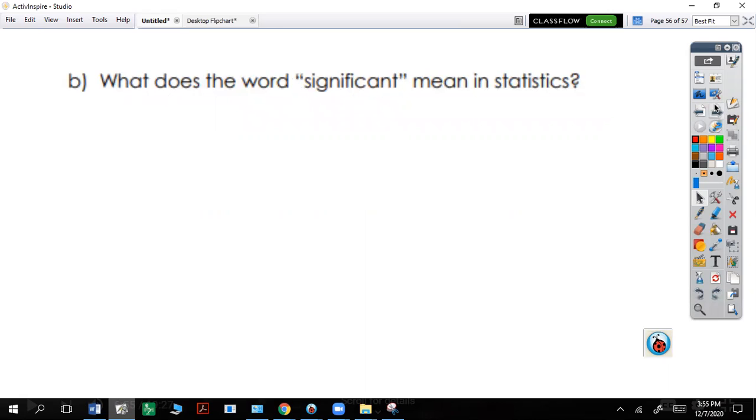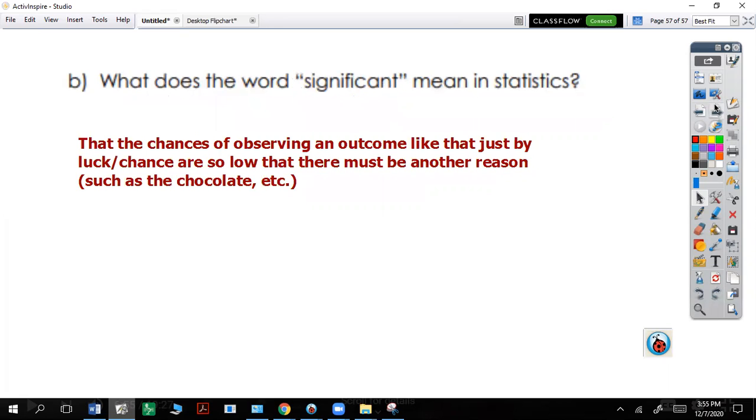What does the word significant mean in statistics? That the chances of observing an outcome like that just by luck or chance are so low that there must be another reason, such as the chocolate. So that's what significance